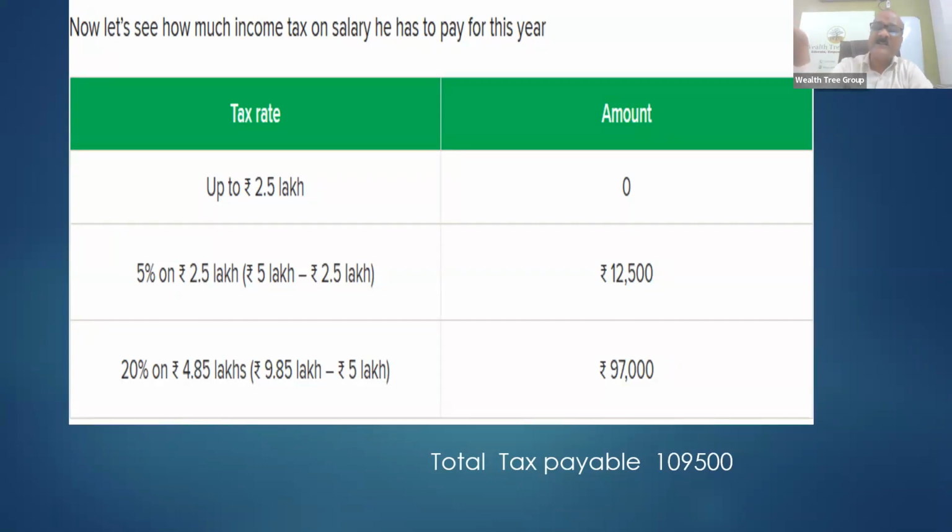Inflation is going up every day, and if you are not able to beat 6 to 7% inflation, that investment will go to waste for you. Even though you get the tax benefit, it will not yield good returns. So let us discuss the investment options we can have to get good returns as well as save tax.